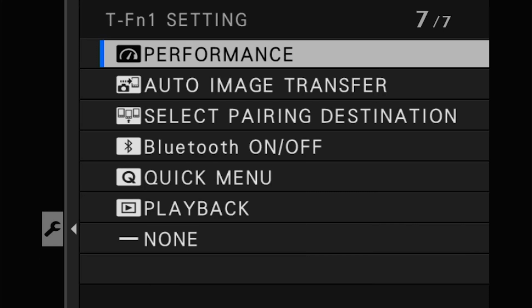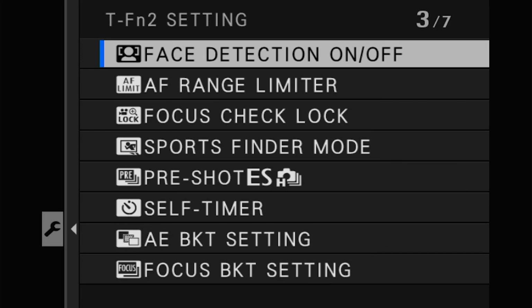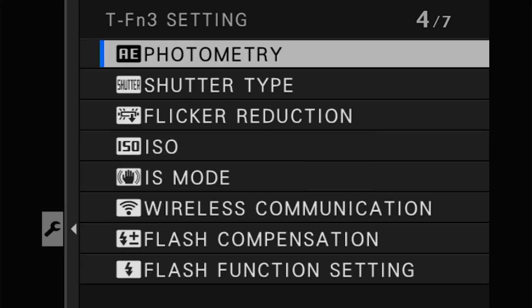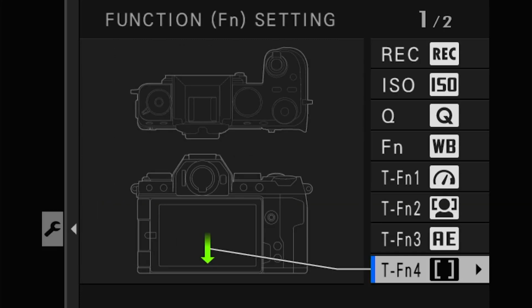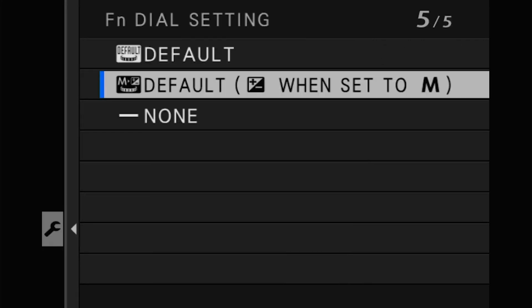FN1 is assigned to Performance Boost, FN2 Face and Eye Detection, FN3 Photometry, and FN4 Focus Mode. Now, I have also set the left command dial to be default exposure comp when in